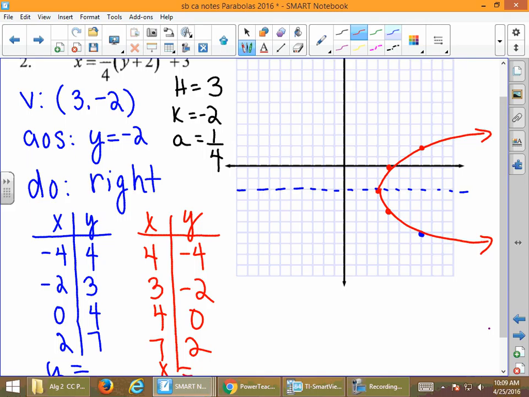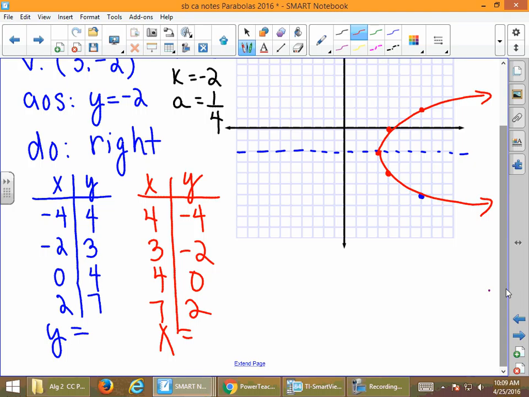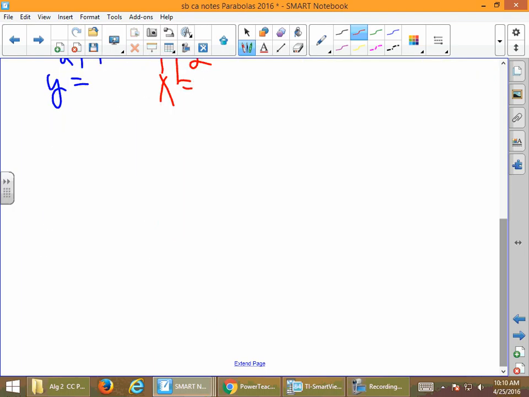So it's a nice little technique if we understand the idea of inverses. We switch the x and the y. So what we're looking at here is I did the blue graph, which is y equals. I didn't draw it up there. But once I identified those values from our calculator, then I just switched the x's and y's to draw the picture. And now that's going to allow us, here we've got the picture drawn, to figure out what's our focus, what's our directrix, what's our LLR. So looking back at that chart,